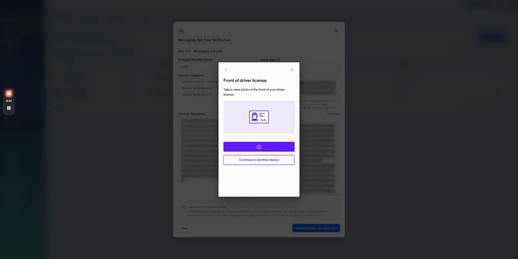It will create a QR code, and I will scan it and do it from my mobile, because it's going to be easier than doing it on the desktop, wherein you need to put it on the camera. Okay, I'm going to pause as we get my driver's license. I'll get back to you.